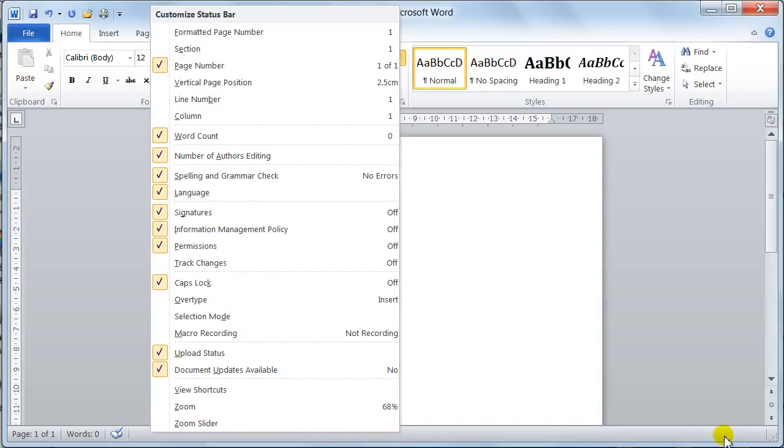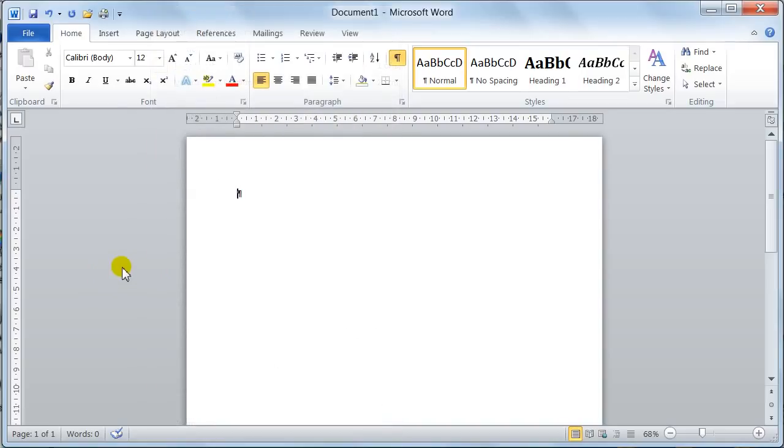There you are, look, they've all gone. If I turn them back on, there's the slider back, there's the zoom, and there's the shortcuts. So you can turn it on and off. Brilliant, nice little way. Now the next thing I'm going to show you is up here, and it's the File